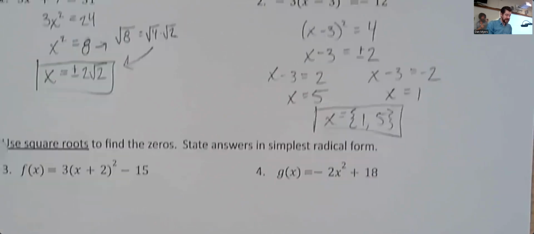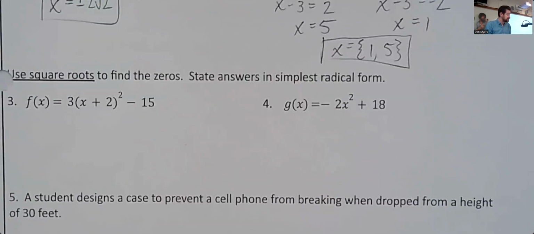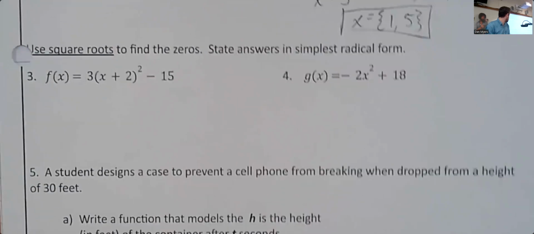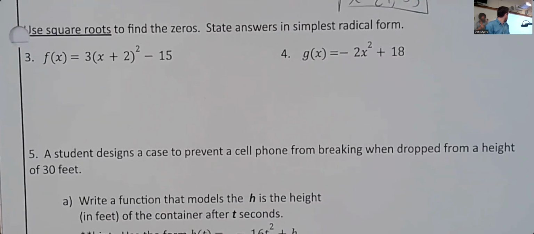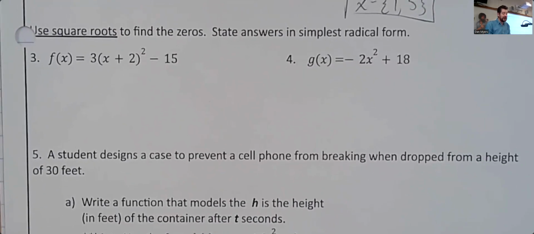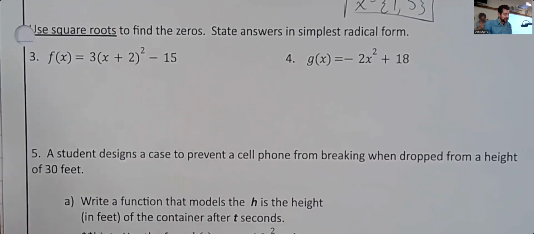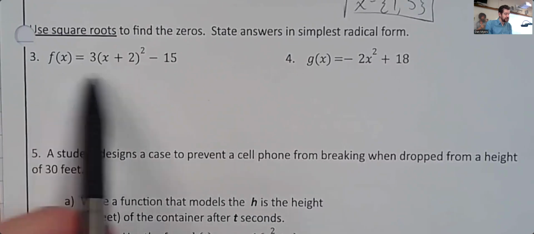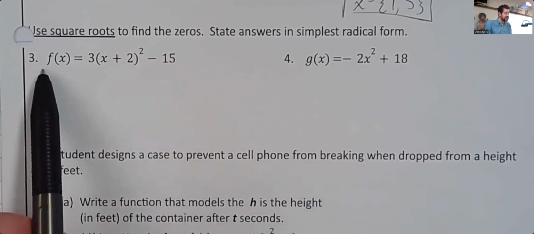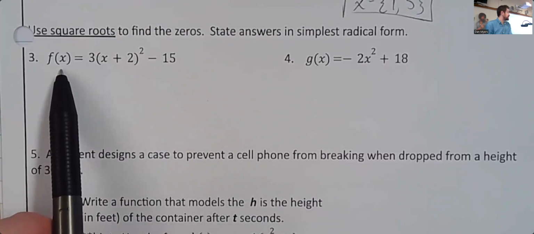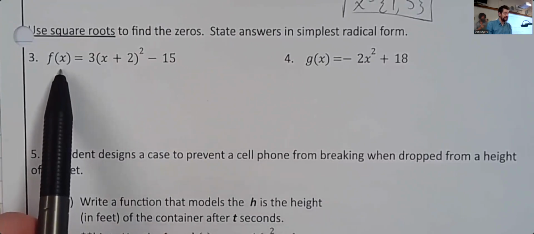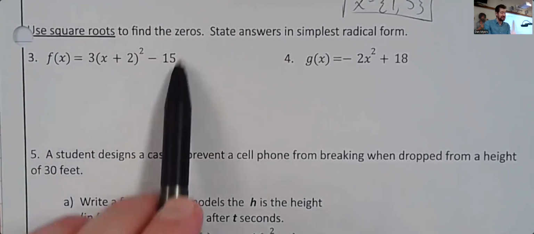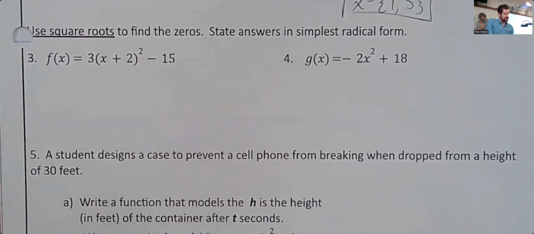Next one says to, again, use square roots to find the zeros. All right. So very similar. By the way, we're finding zeros here. So if we're using square roots, then essentially this f of x is our value of y. It's going to equal 0, and we have to basically do the same thing. So we're going to start by adding 15 to both sides. So that'll be 15